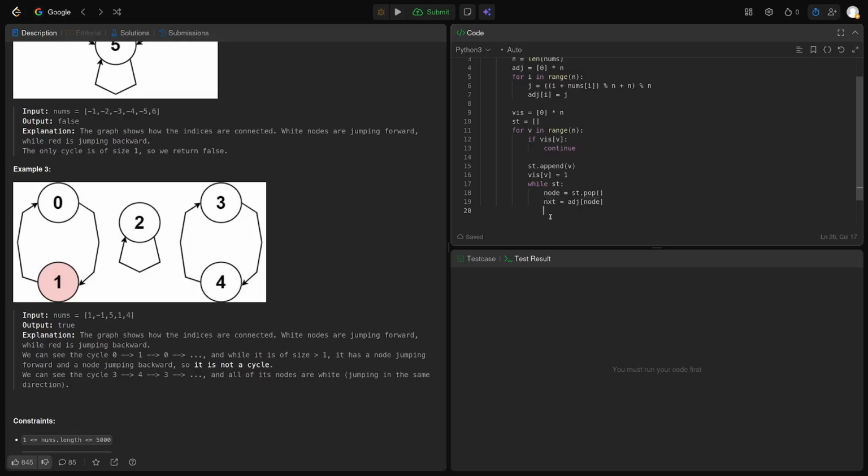So I would just do this. And this, and then node is this, right? And then